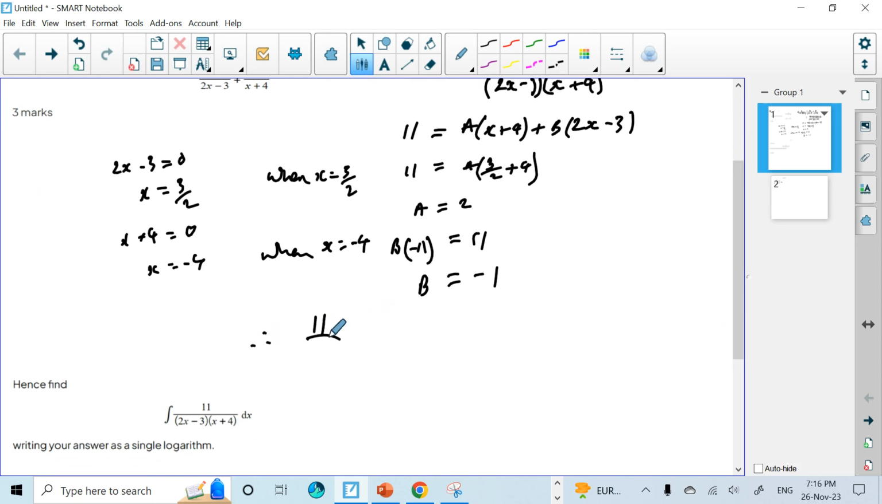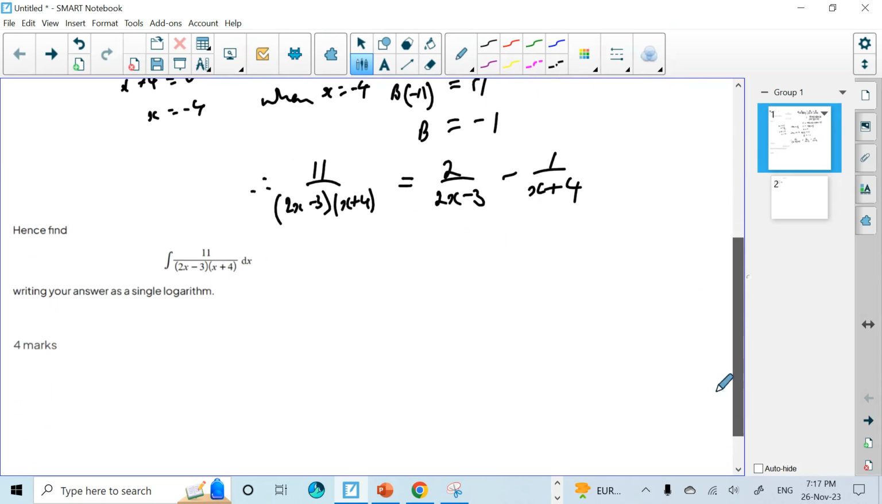So I've got a is equal to 2, b is equal to minus 1, which means therefore 11 over (2x minus 3)(x plus 4) is equal to 2 over 2x minus 3 minus 1 over x plus 4. And that's part A for 3 marks. Part B,